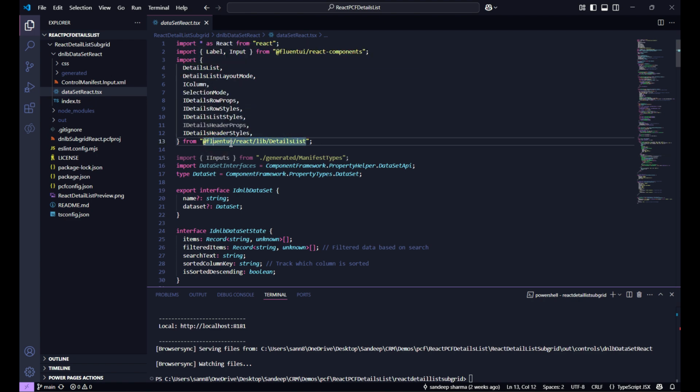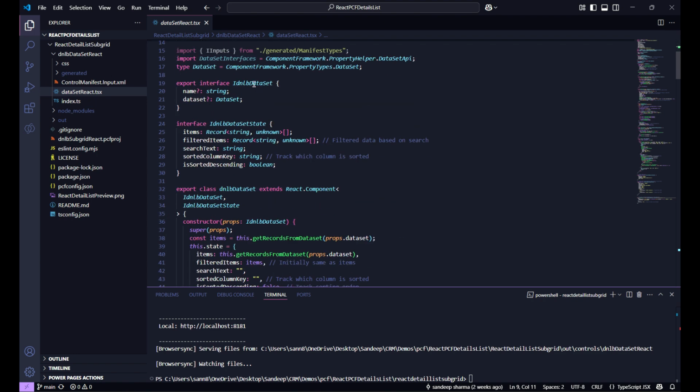You can see the Fluent UI library and some other things I needed for making the sortable row, those features, and then background color and height and all to adjust it. So that is why I needed some other details list components. The interfaces of that one I have imported, and then we have created these properties of that details list,